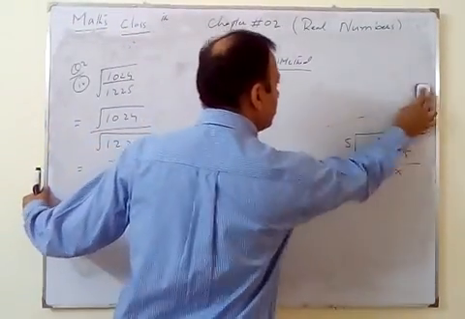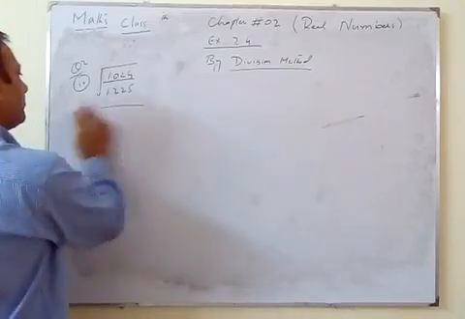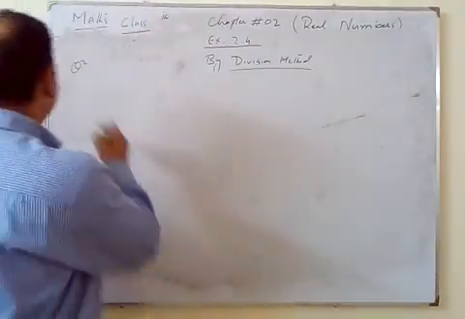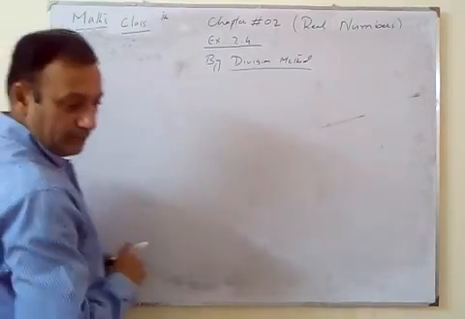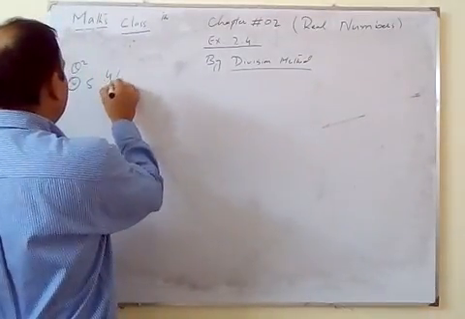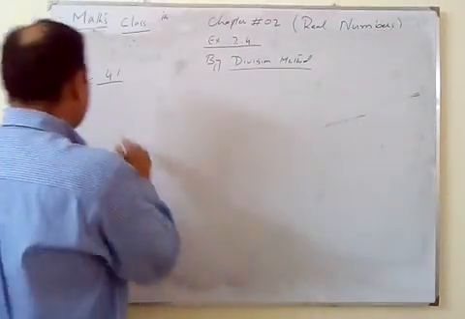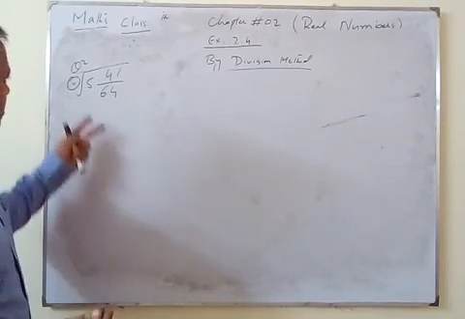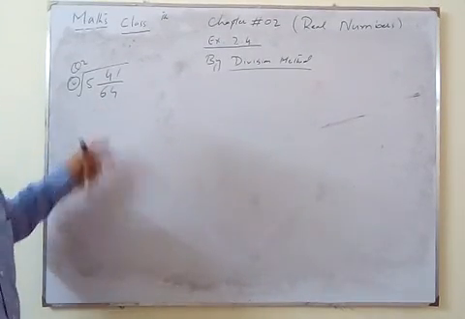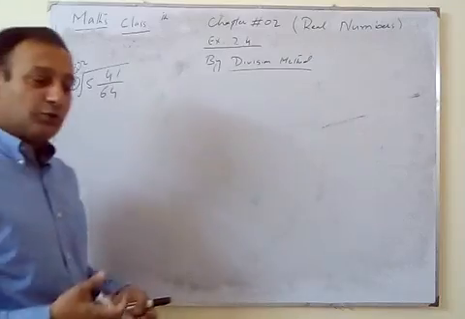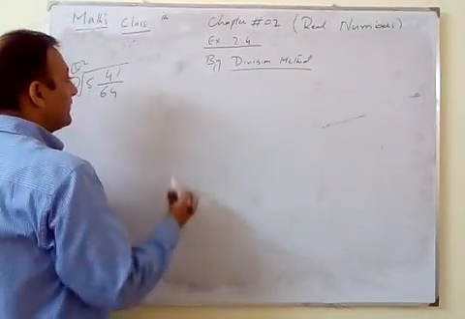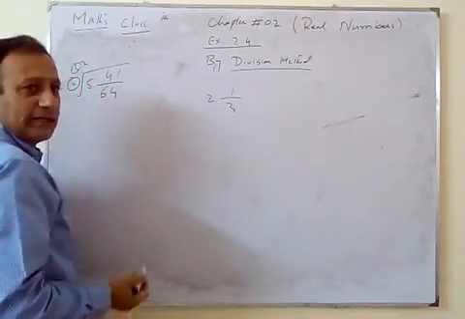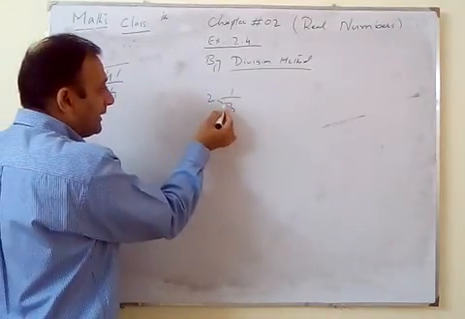I will solve another question here. Fifth part: 5 whole 41 divided by 64, square root of this one. As I told you, it is a compound fraction. So we have to convert this compound fraction into a common fraction first of all. How can we convert this one? We have to multiply these two